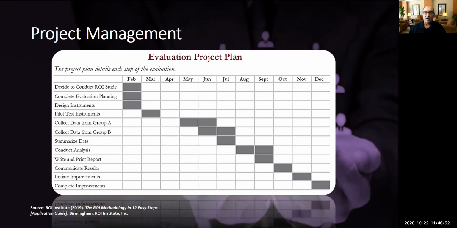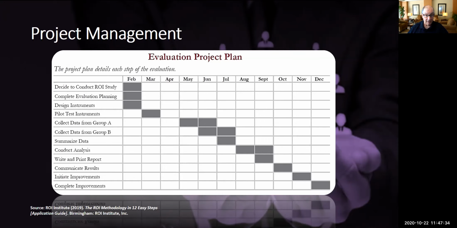All right, a little bit about project management. An evaluation is a project. As you have probably gathered from your reading, I do not ask you in your evaluation strategy to provide a timeline or a work breakdown structure of what, where, how, when, and who you're going to do all the things that you're going to do beyond what's already on your data collection plan. But we all live in a real world. At some point, you're going to have to think these things through and set up a schedule and who's on your team, and you're going to be a project manager for your evaluation. So I wanted to point that out.